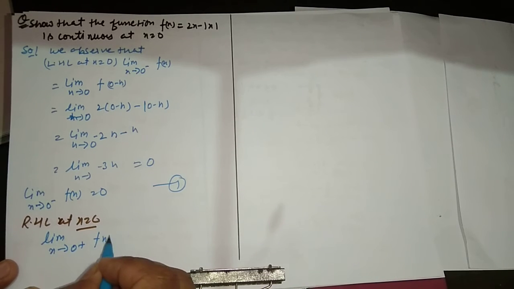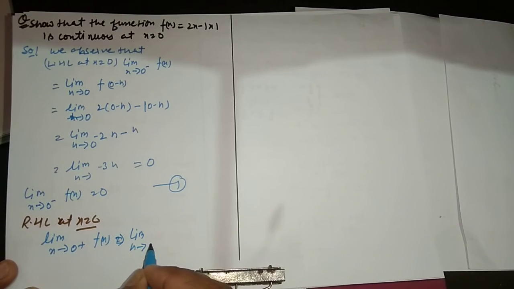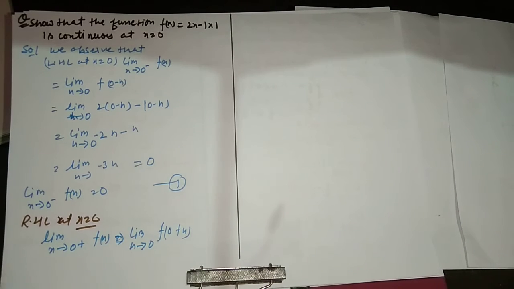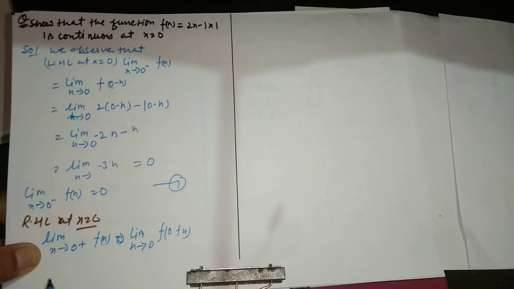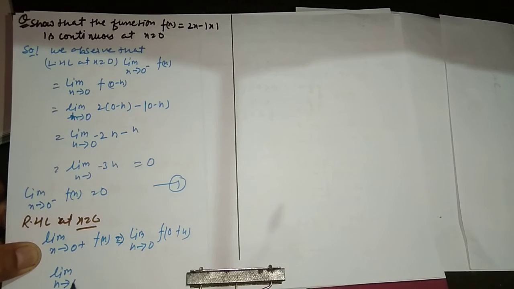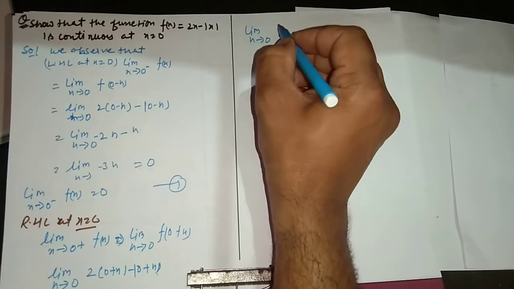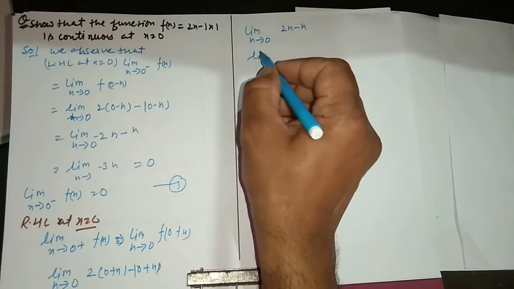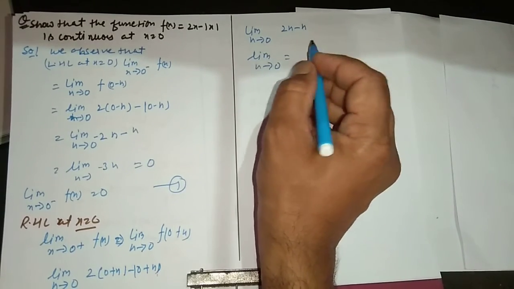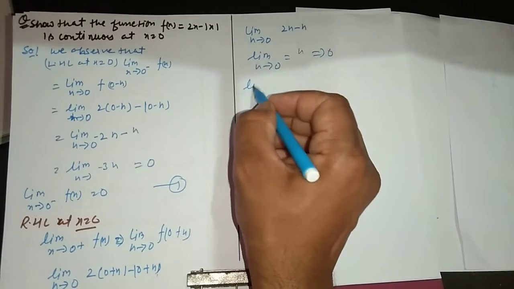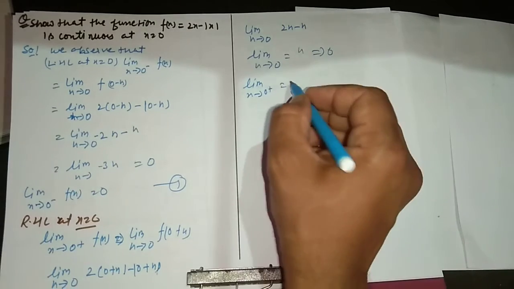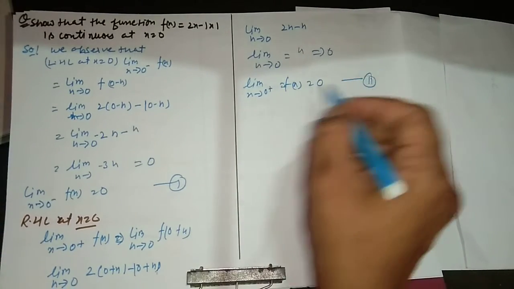Clear? f(x) is equal to limit h tends to 0 f(0 plus h). Further it can be written as limit h tends to 0, 0 plus h minus |0 plus h|. So we can solve this. So limit h tends to 0, h minus h. So limit h tends to 0, it is h minus h, and further 0. So limit x tends to 0 plus f(x) is also equal to 0. Second. Now